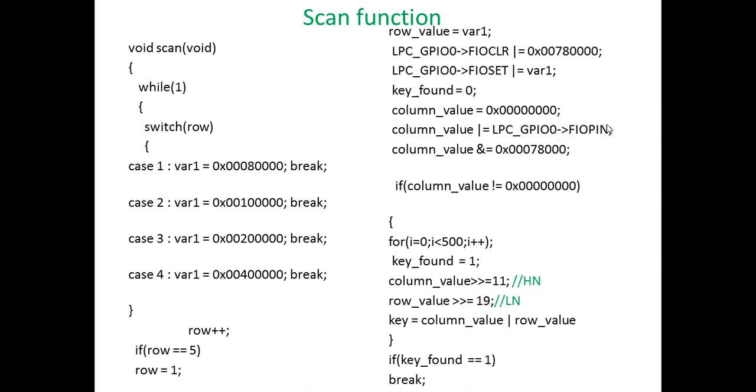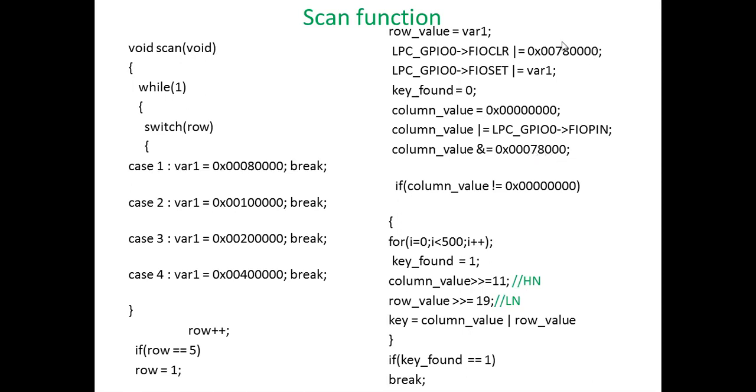So that complete 32-bit information of port 0 is going to be ORed with the column value. Initially all the 32 bits of the column value are 0, and that is ORed with the FIO pin register. Now this column value consists of the complete 32-bit information about port 0. Now it is going to AND it with a value